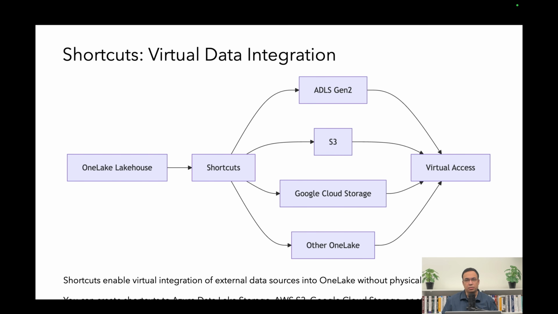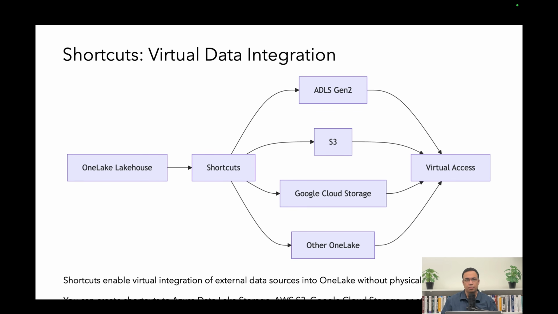This virtual integration approach provides some significant benefits. First, it reduces the storage costs. If the data already exists somewhere, why pay to store it again and make another copy into your OneLake? Number two, it eliminates the data duplication, which reduces your operational complexity and removes the risk of having inconsistent versions. Number three, it enables federated data architectures where data can remain in the source systems, still being accessible through Fabric